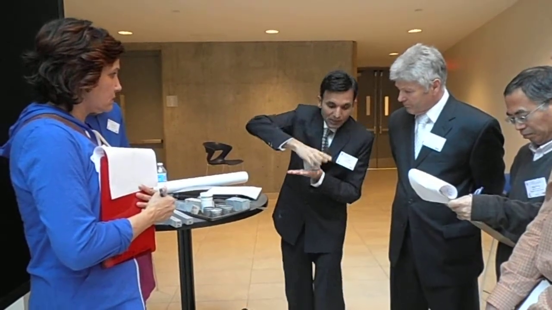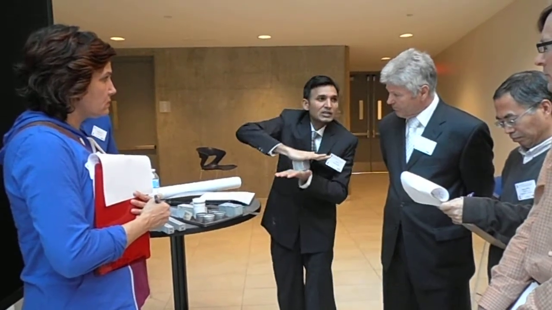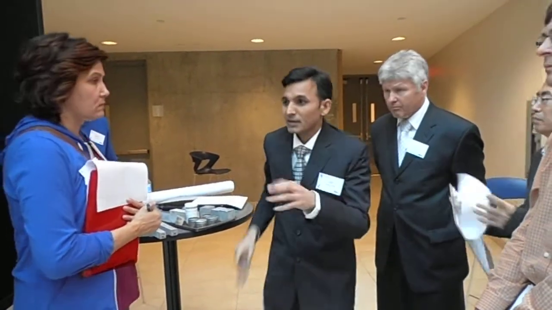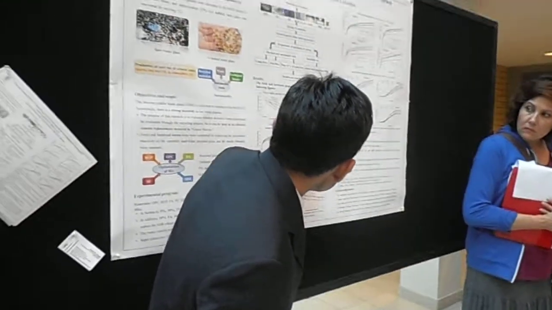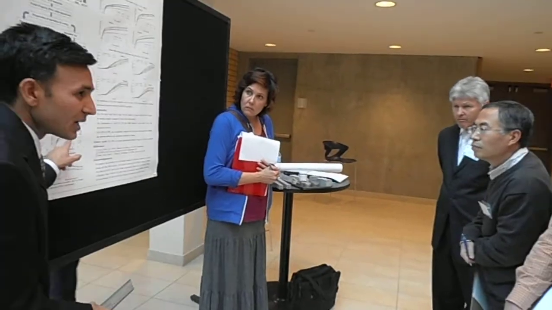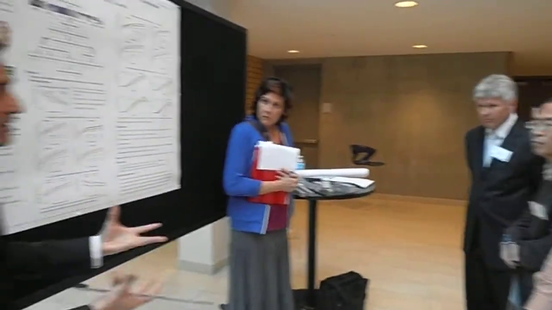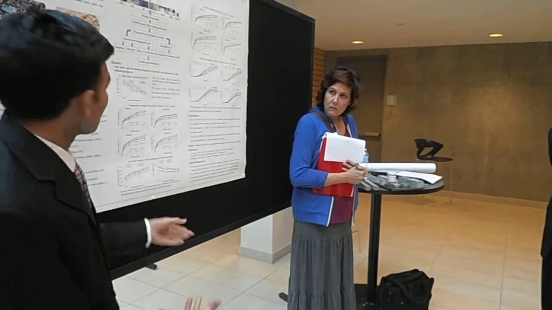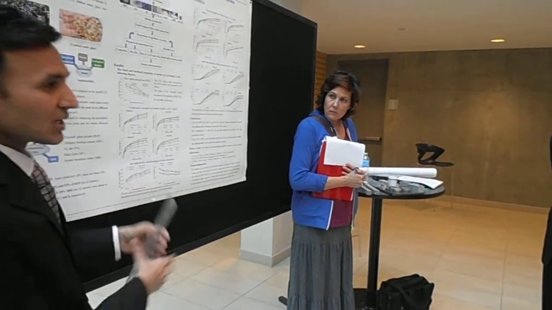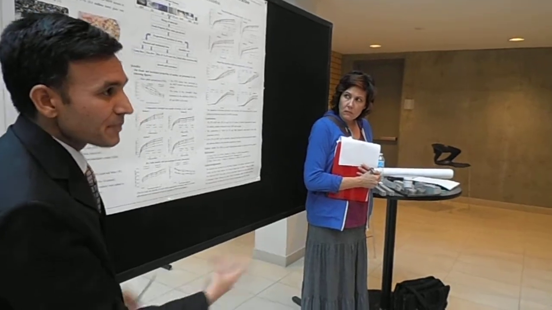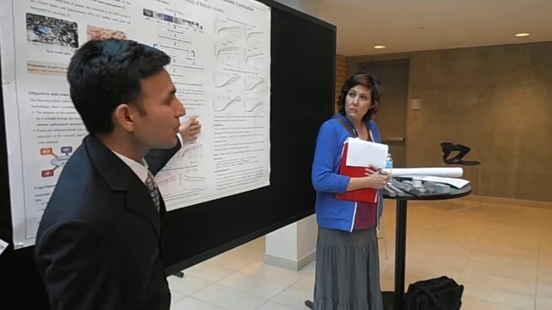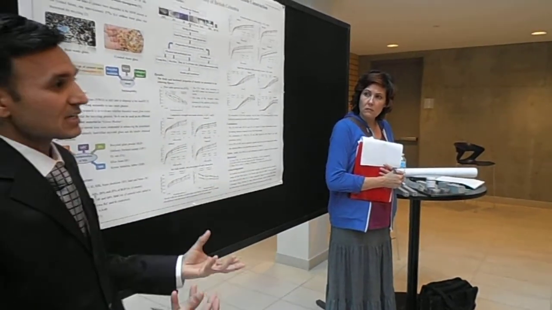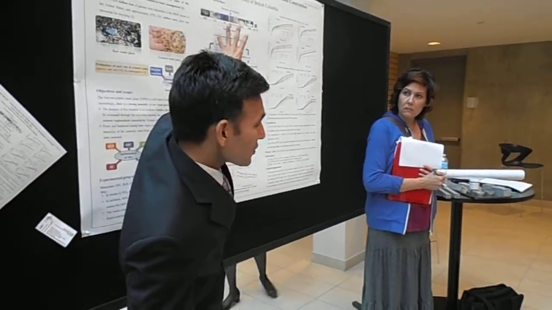For compressive strength, I applied the load like this and studied the strength. The control mortar gives 40 MPa, but series B gives 85 MPa. The strength is double. We are reducing the cement consumption by about 60 to 70%, and that's why it's called sustainable. We are reducing cement consumption by 60 to 70% and increasing the strength to double: 40 MPa here, 85 MPa there. That's why it's called a green sustainable material. That is sustainability.